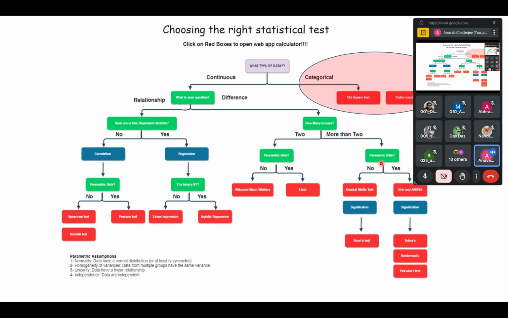So when I say two or more groups, I actually mean how many data sets you are comparing. So mathematics versus biochemistry, or mathematics, biochemistry, molecular biology, three or four. That is when I mean groups. So that doesn't depend on whether the data is parametric or not. What parametric data essentially means is that